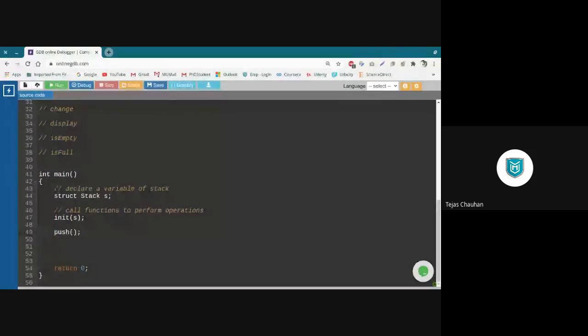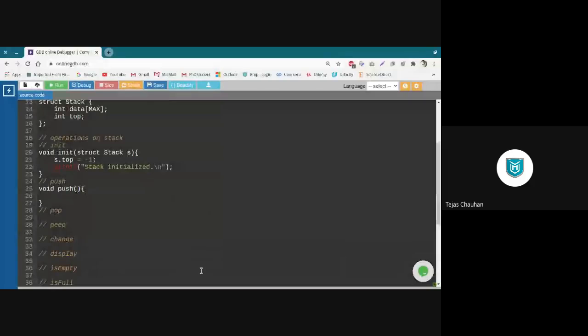But if you compare this code with your algorithm, then you'll come to know that we need to pass our stack variable, as well as one value, let's say 5. What do you want to push there? So let's say in my stack S, I'm going to push 5. So that's how I call this function. So there are two parameters. Coming back to this definition, let us have those two parameters. First one will be the stack variable, and the second one will be the integer value.